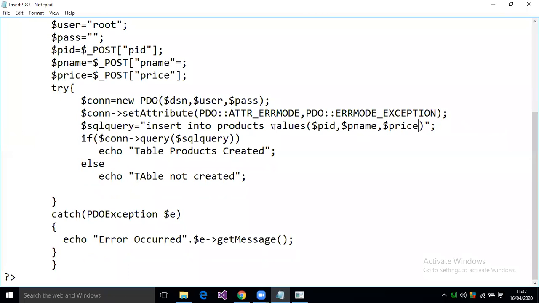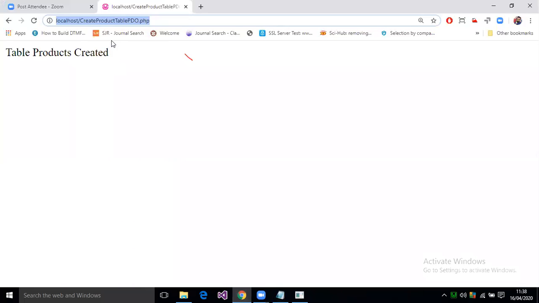Now let us try to run this. This is not table created. This will be simple, like product saved, or else we can write product not saved. Anyhow, this will not execute the else part. Why? Because when you throw an exception, it directly comes under the exception type. Okay, so we need to run this.